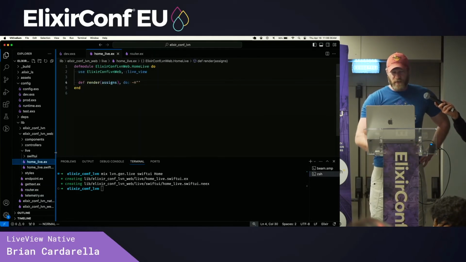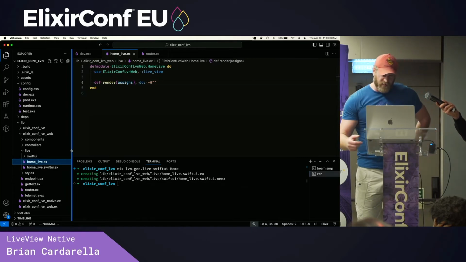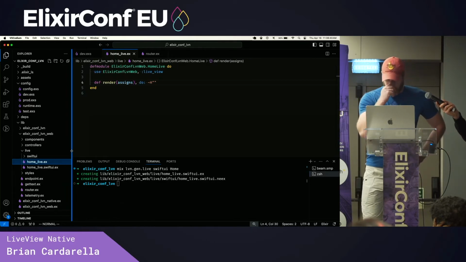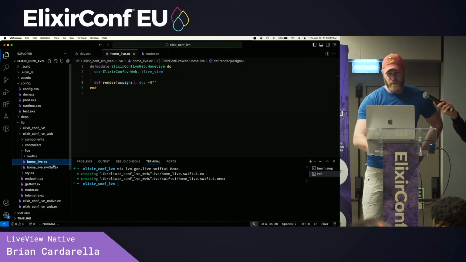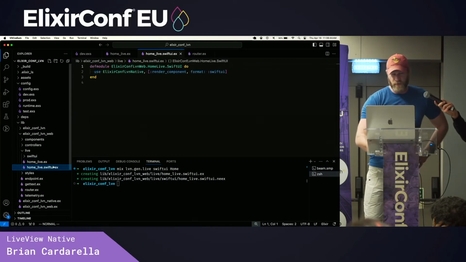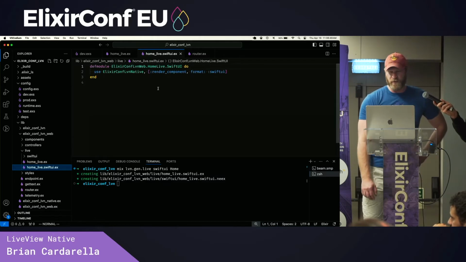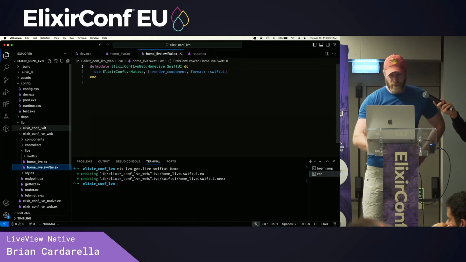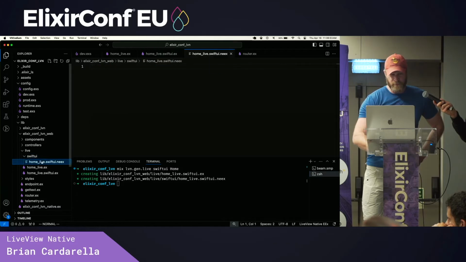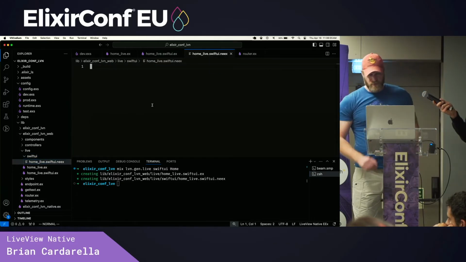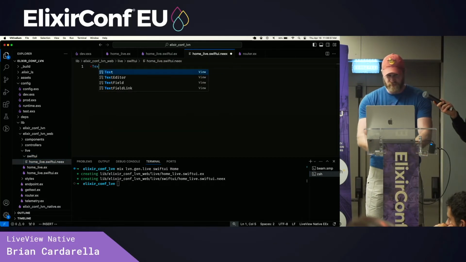Right now they live alongside one another, and I'll show another application in a minute where I have quite a few, and even I'm looking at this like, oh, that's a lot of files in one directory, so we may have to rethink that at some point. But right now, this is what the LiveView Native SwiftUI render component looks like, and we have corresponding templates up in this directory. So if I were to just do text,